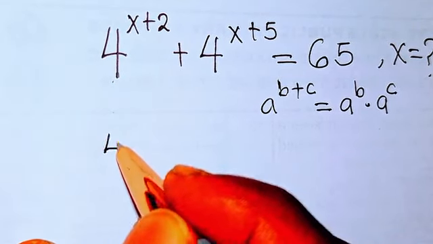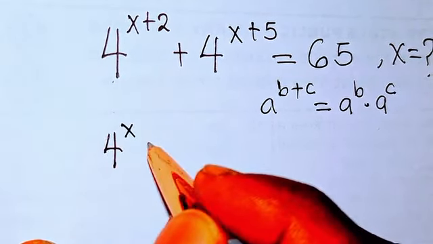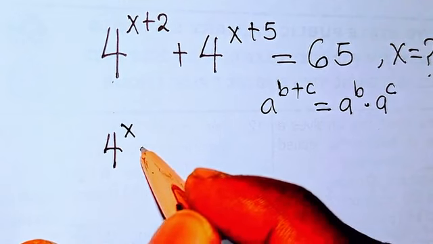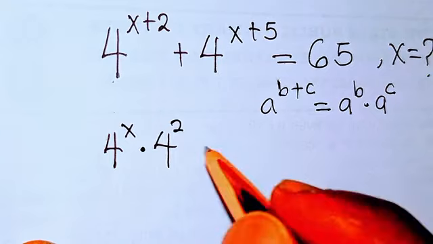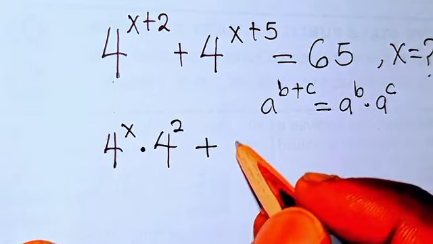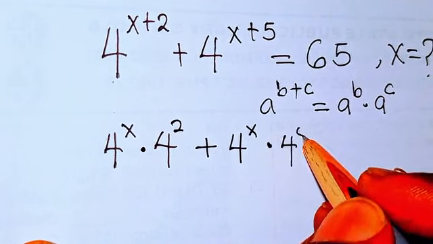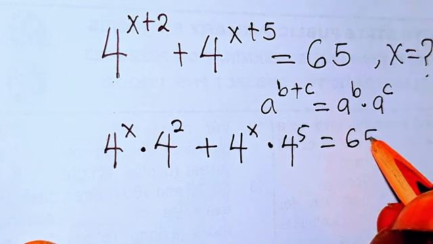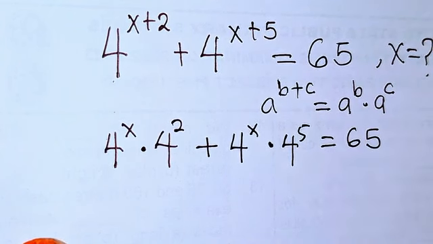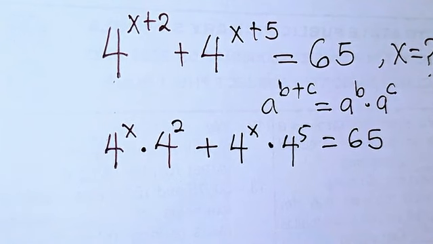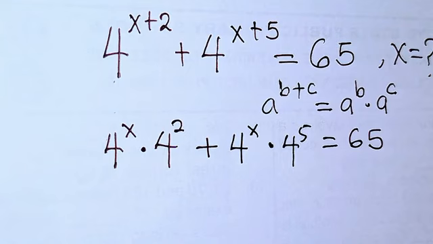So we can write this as 4 to the power of x, multiplied by 4 to the power of 2, plus 4 to the power of x divided by 4 to the power of 5, equals 65. Are you following? So now from there, the next thing we are going to do, we can see that